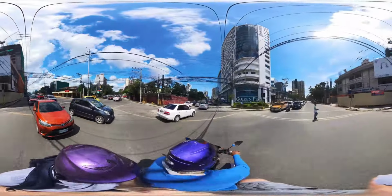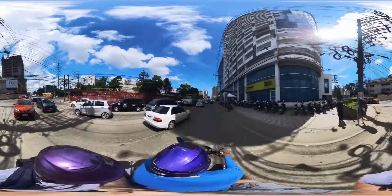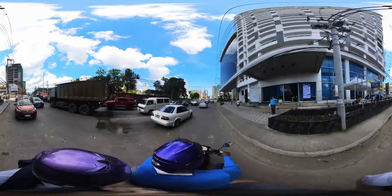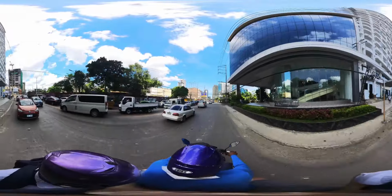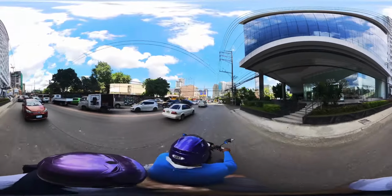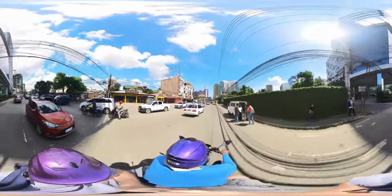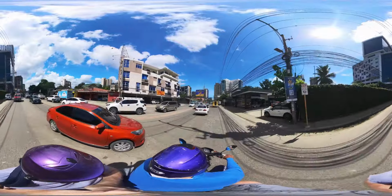You've got Golden Plaza there to the right, hotel. I'm not sure if that's opened back up yet or not. I've walked many of these streets many times over the years. I've been in the Cebu City area for a little over 7 years now, 3 different trips. And I'm really surprised at all the changes that I've seen, the new condominiums that have gone up,